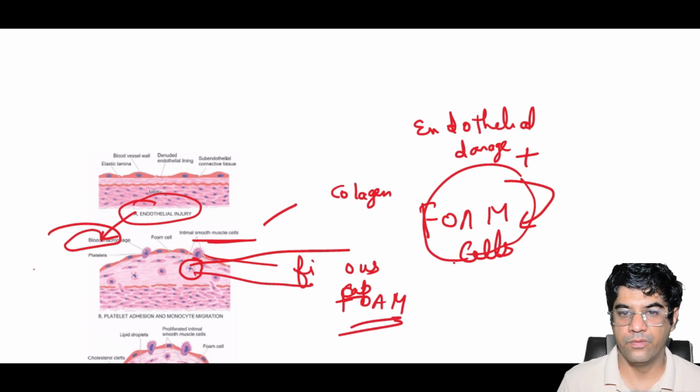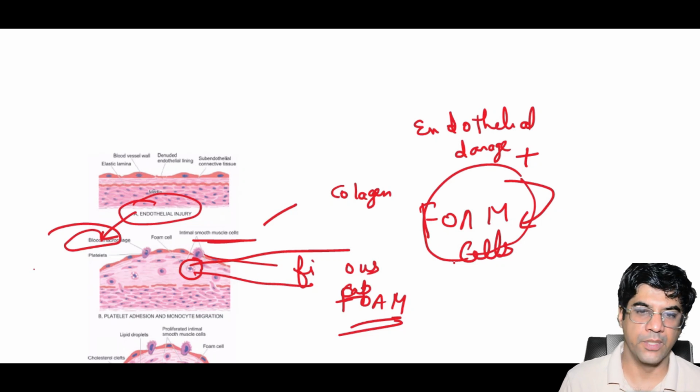They try to remove the excess cholesterol and lipid debris from the arterial wall. When this process becomes excessive or inefficient, foam cells can contribute to formation of fatty streaks and